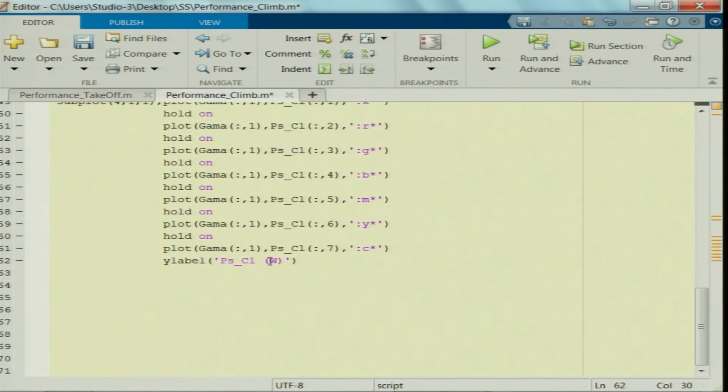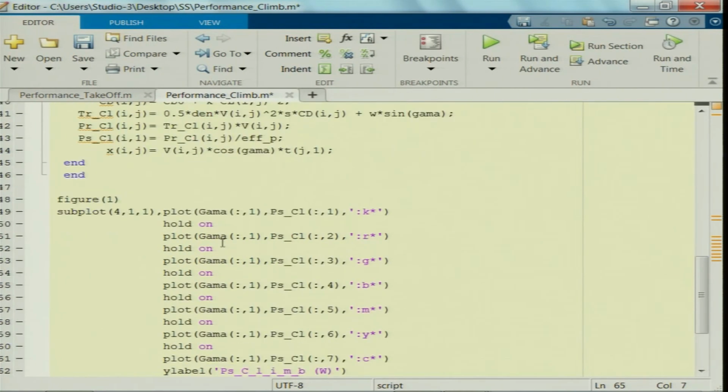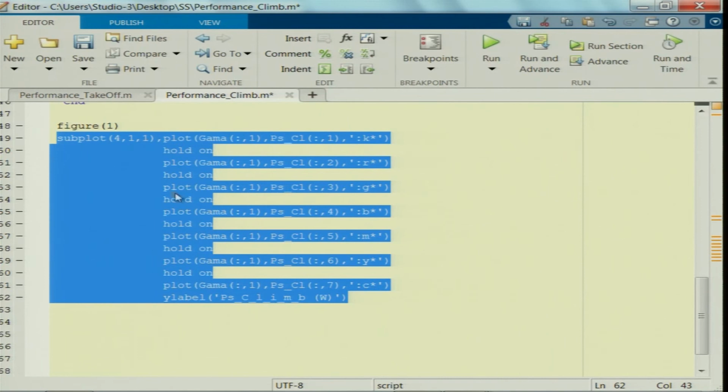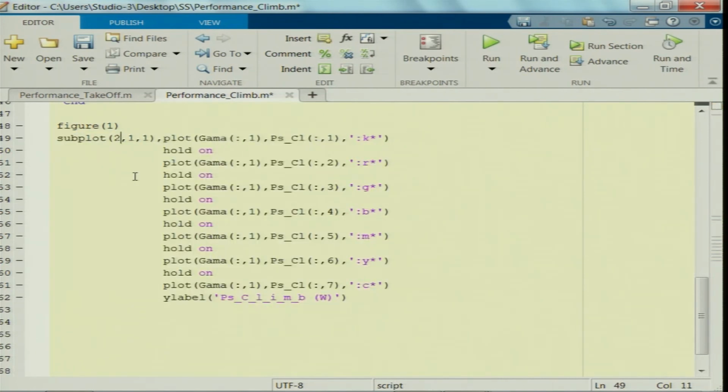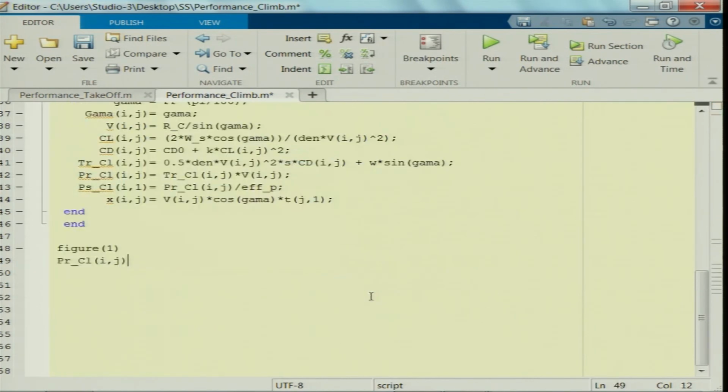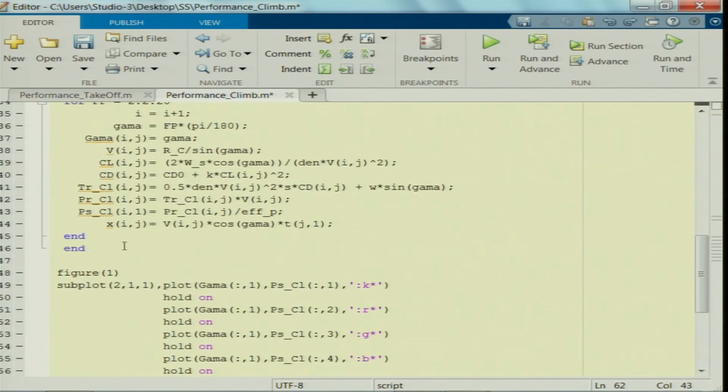And now this is in watts, of course in watts, power required during climb. You can repeat this for the rest. I will just plot any of the two variables. I will just plot the forward velocity as well as, oh, I am sorry.